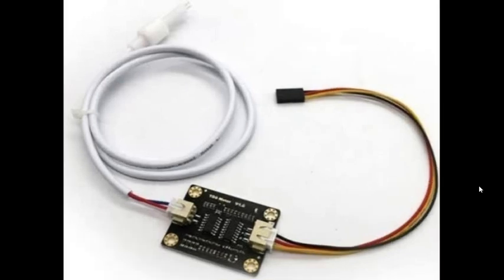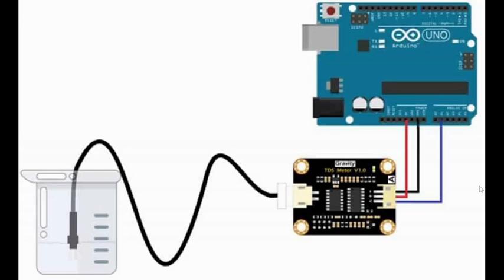Today we are going to look at the TDS sensor. TDS is basically used to check the quality of the water. TDS means total dissolved solids in water. Mainly, it is used to check the amount of dissolved matter in the water, like salt and other organic